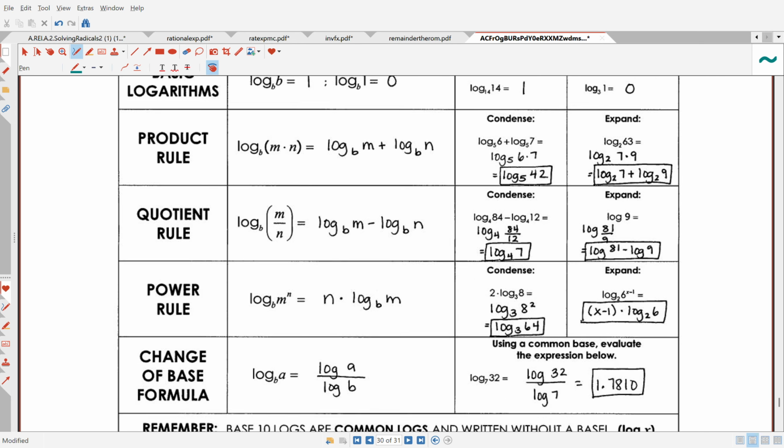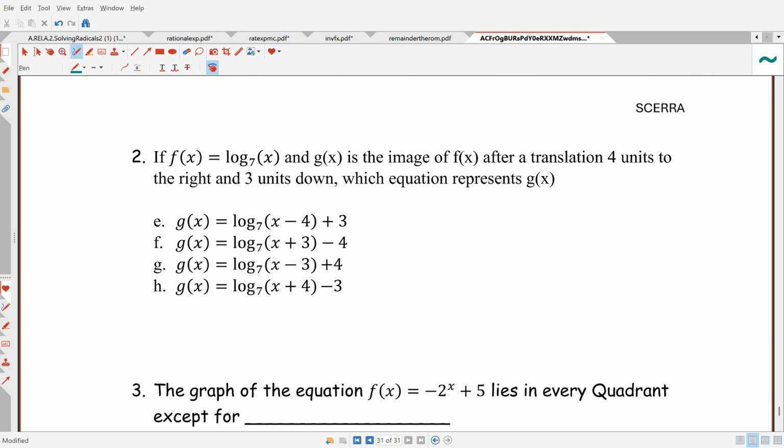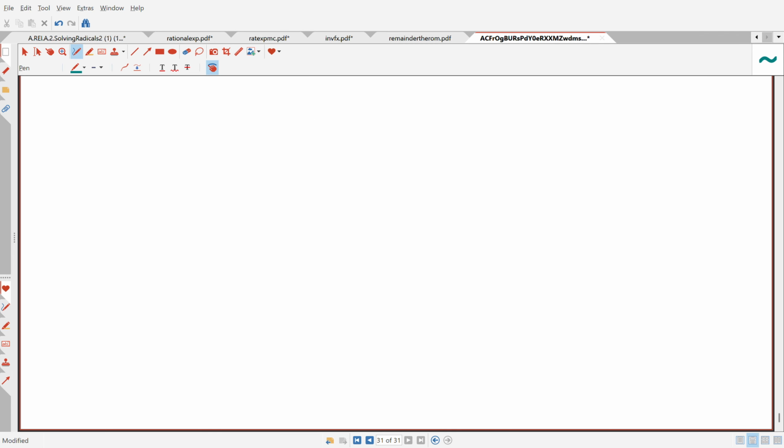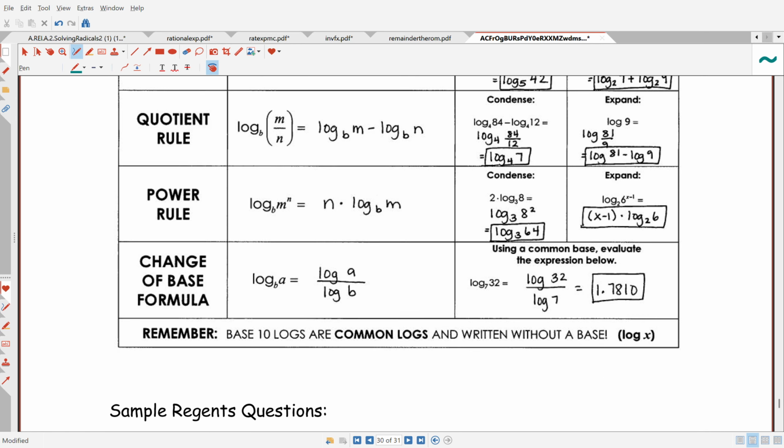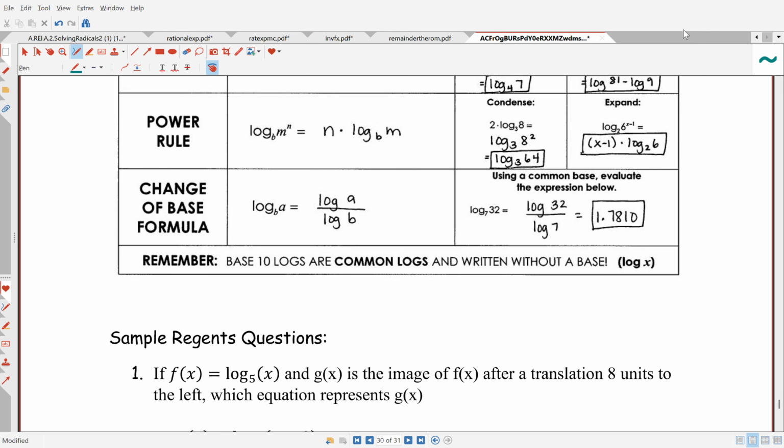These are the log rules that you have to know. We just recently did logs. I find it easy. Okay, good. It's just remembering all the formulas. It's right here, all the stuff. Yeah, and I think you're going to get a log question. Let me stop this because